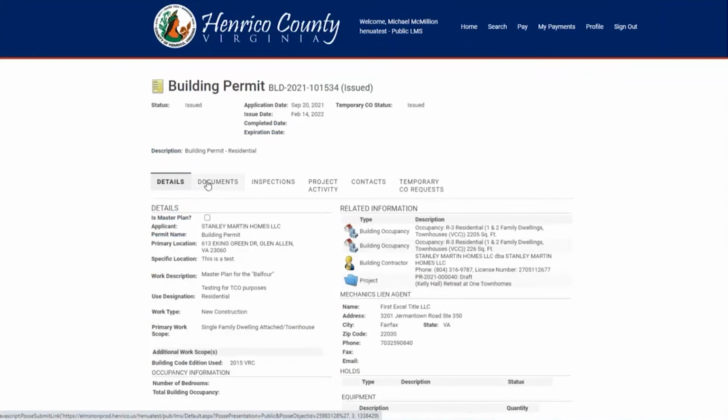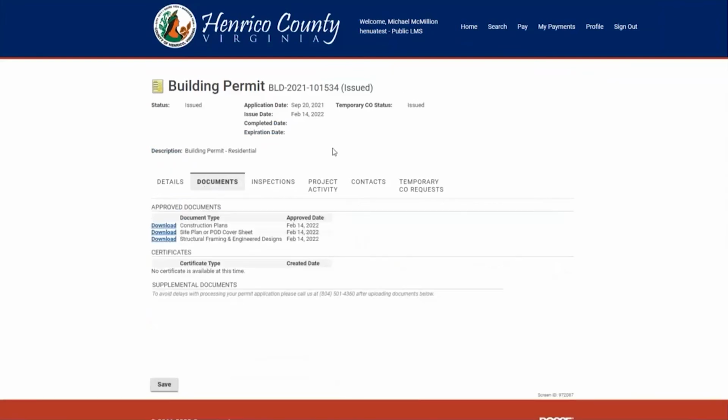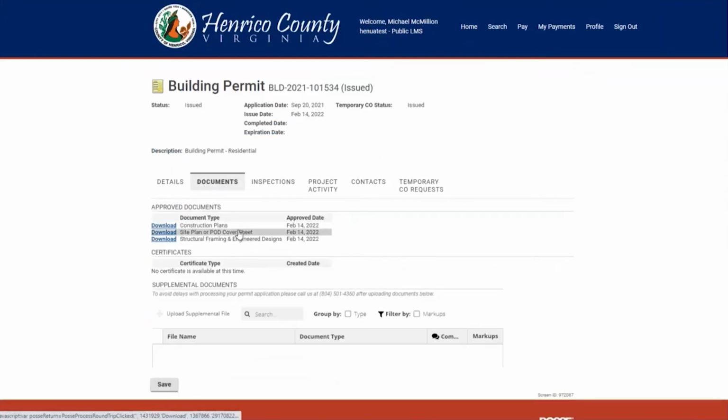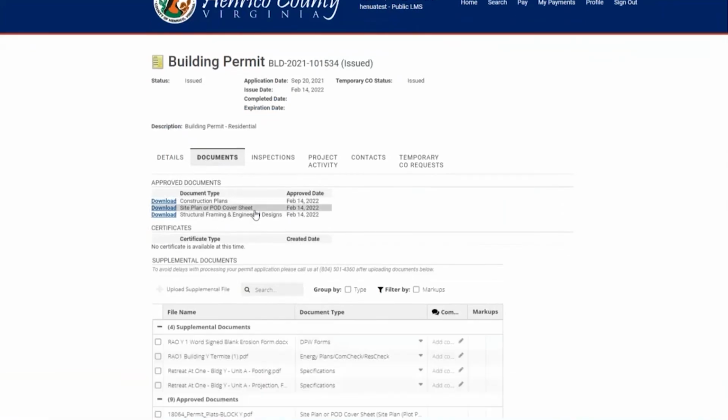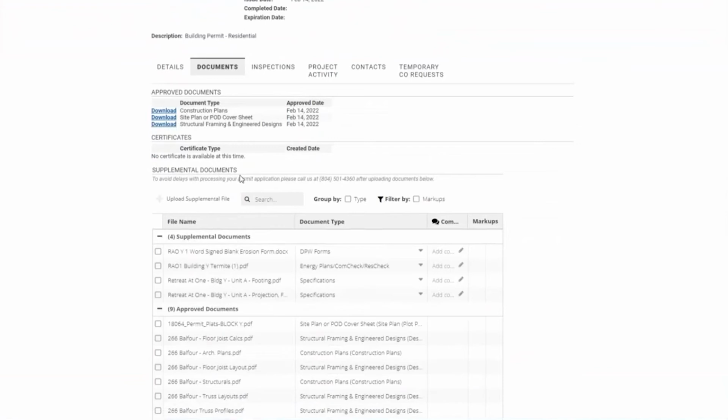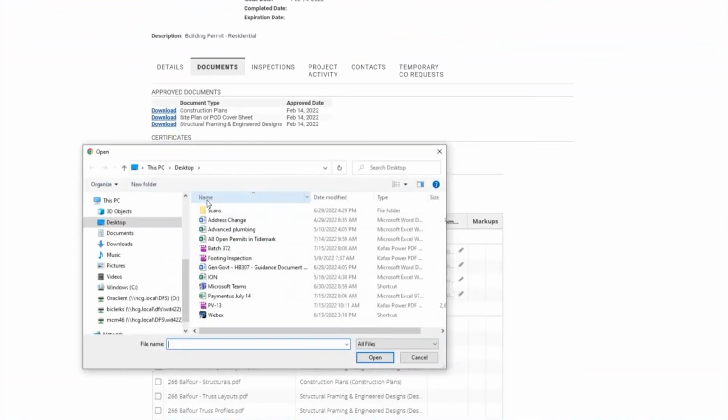Once the documents tab opens up, we will see a few different areas. We'll see all the approved documents, any certificates. If there would be one, obviously during construction, there will not be a certificate. Then there's supplemental documents. And then just below supplemental documents, there's upload supplemental file. You will select upload supplemental file, which will then open up the different areas in which you can find